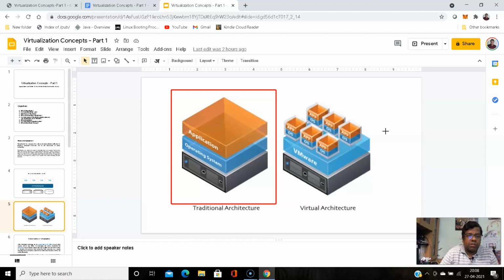In order to avoid that, we use separate hardware, a separate box for a separate application. But in the case of virtual architecture, we use the same box. The same box can be converted to virtual machines. So how do we do that? Over the physical box, we install a hypervisor.